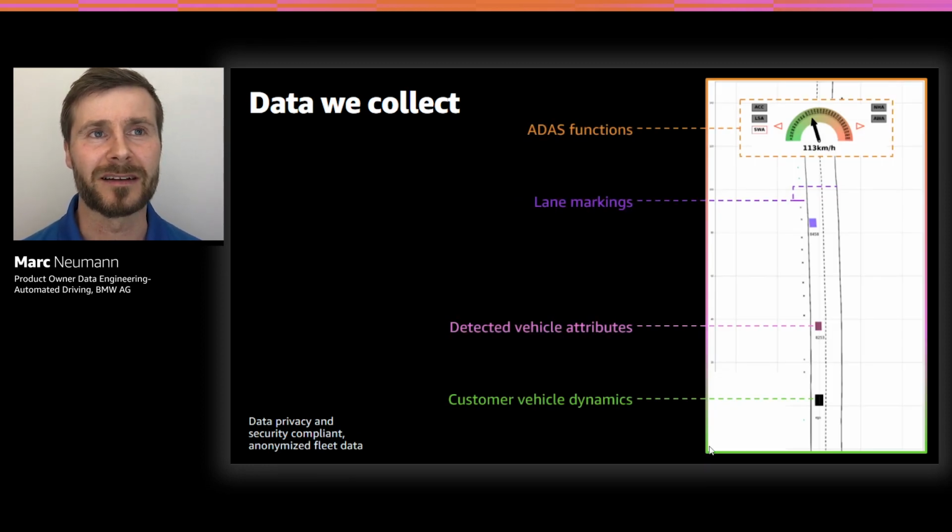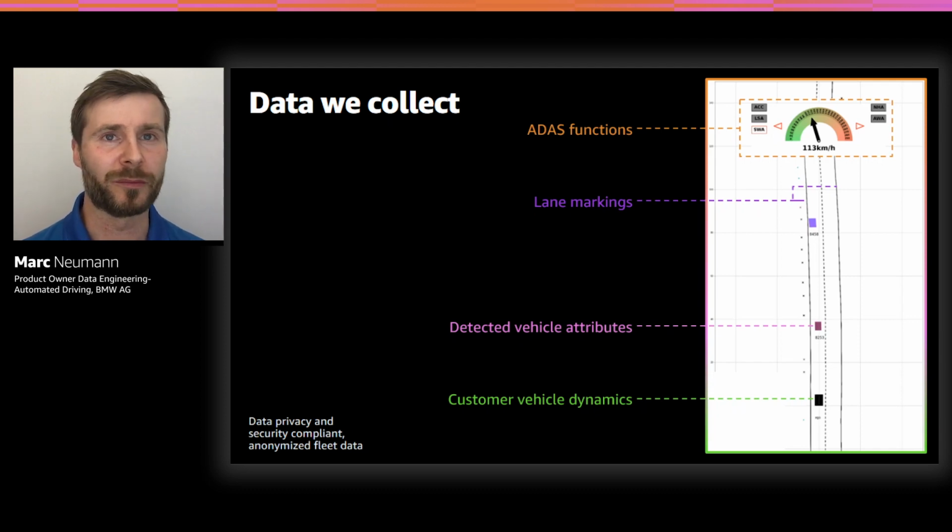But what is the data that we actually record? We collect the usage and availability of automated driving functions to understand, for example, customer usage behavior. We record positions of lane markings to understand, for example, lane change maneuvers. For detected vehicles, we record the relative position to the customer vehicle. We also collect heading, velocity, type, and dimensions. For the customer vehicle itself, which is recording the data, we also include information like velocity, acceleration, heading, and also